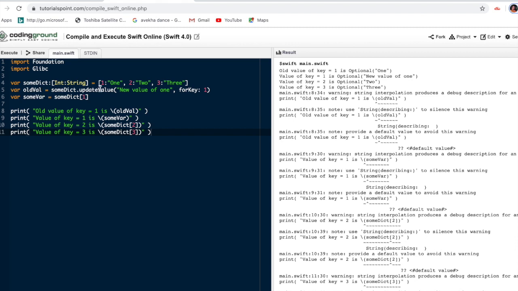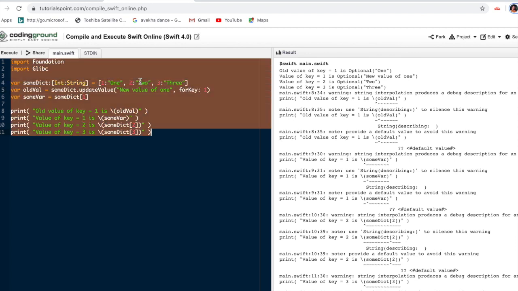So what happens here, this is the dictionary. In this I have saved the type as int and string. Okay, int is one, string, this is key and value, key value, key value. So in this array I have added one of the keys, that is 1. Okay, updated value, new value of 1 for the key is 0 here.